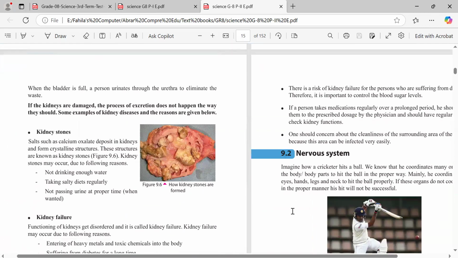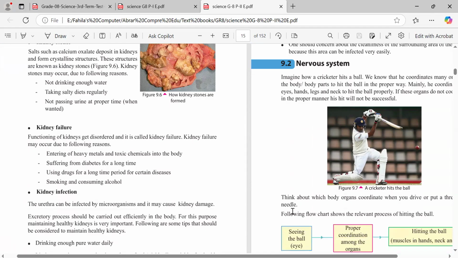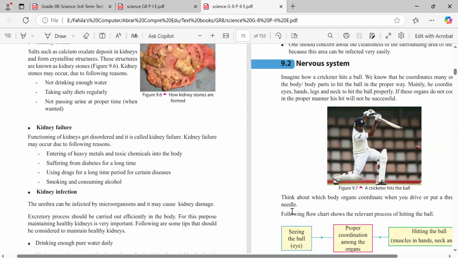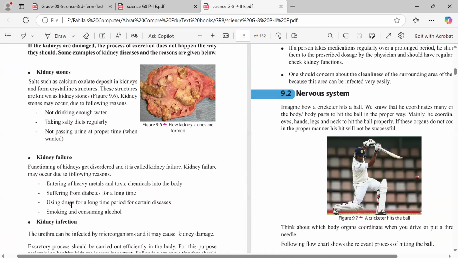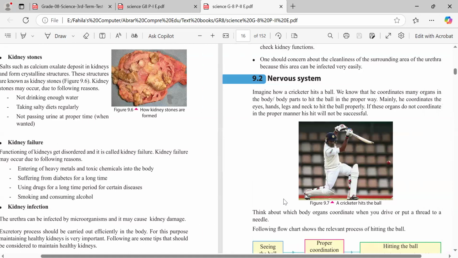Then we have to learn about some of the diseases related to the kidney, right? Kidney stones, kidney failure, kidney infections, right? Most of the problems arise when we are not passing urine at the proper time, and if we are not drinking water, then the problem arises with the kidneys. And also taking too much salt in our diets, salty diets. Okay, the next main part of this particular lesson is the nervous system,